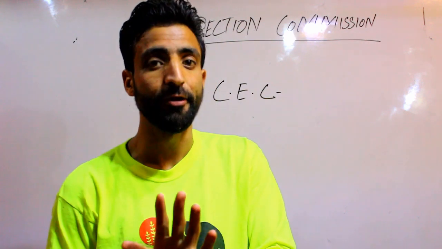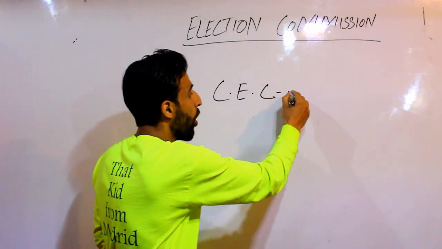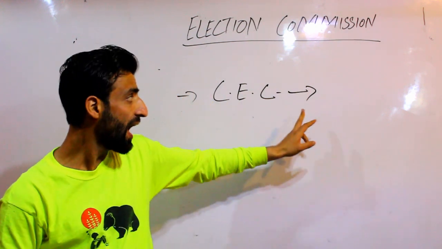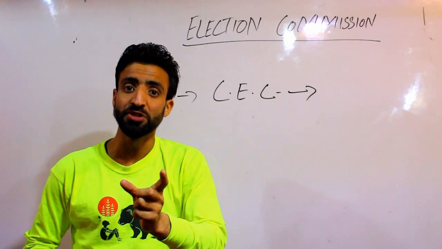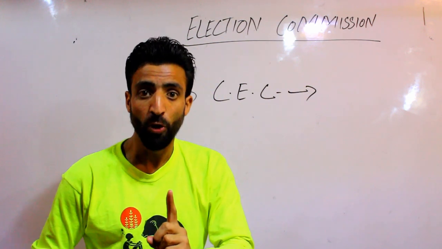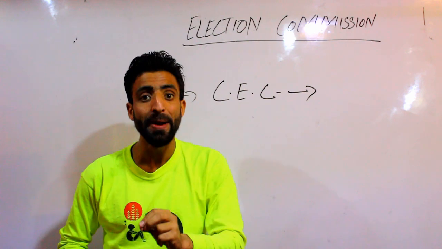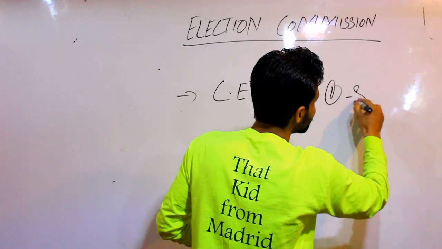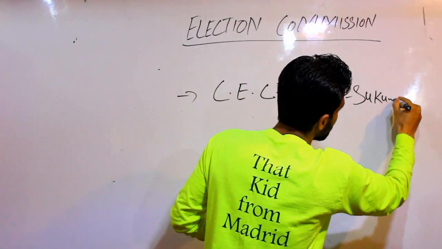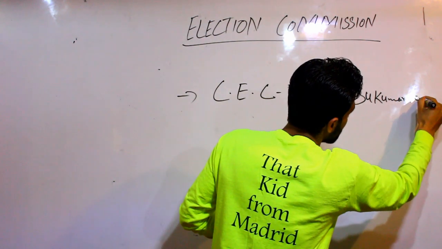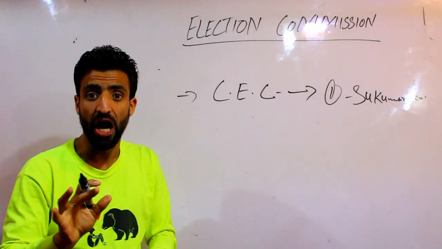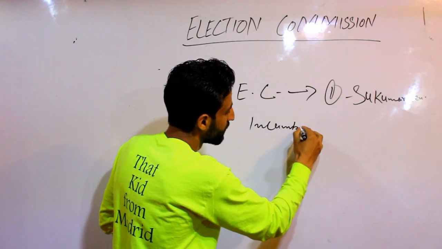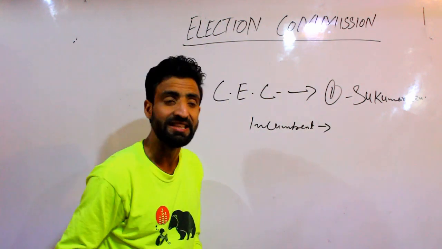तो यहां from the examination point of view, you have to remember two names. पहला, who was the first Chief Election Commissioner of India, एक वो। नंबर 2, who is the incumbent Chief Election Commissioner of India? तो पहला कौन था? सुकुमार सेन। और आज कौन है इनकम्बेंट? सुशील चंद्रा।